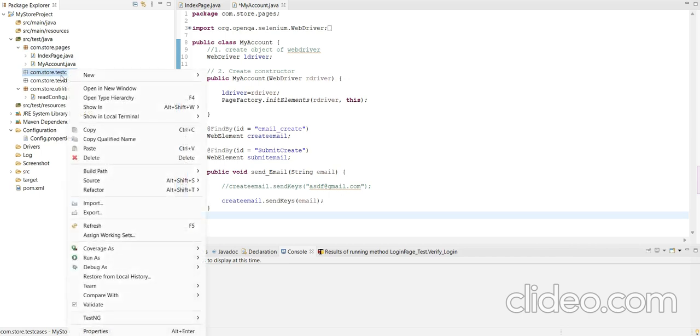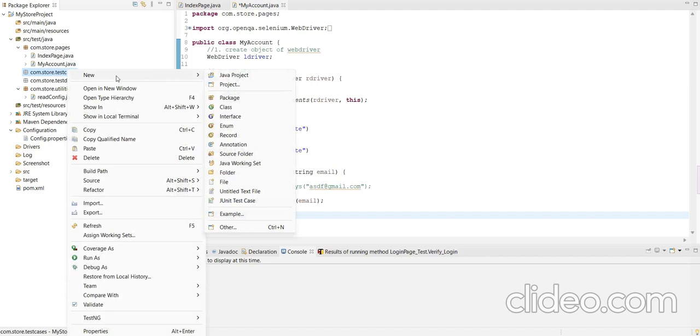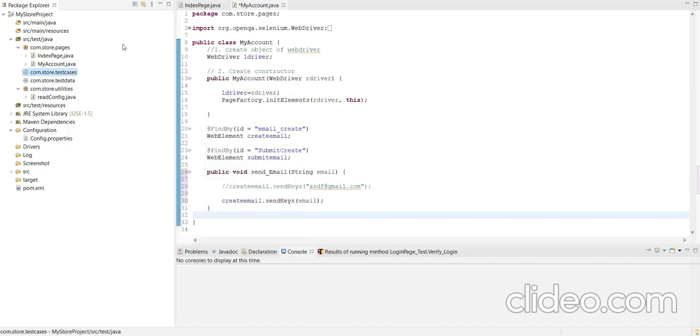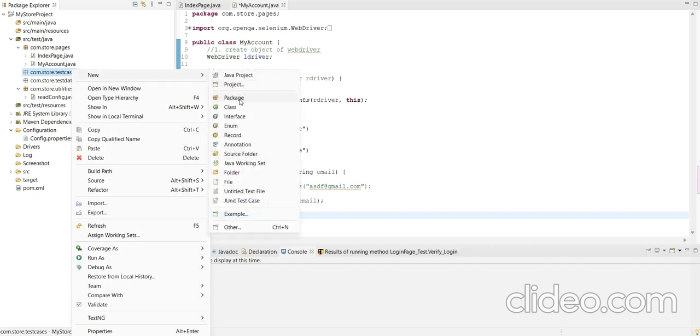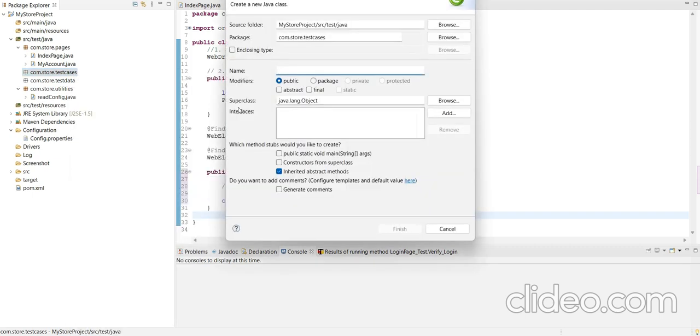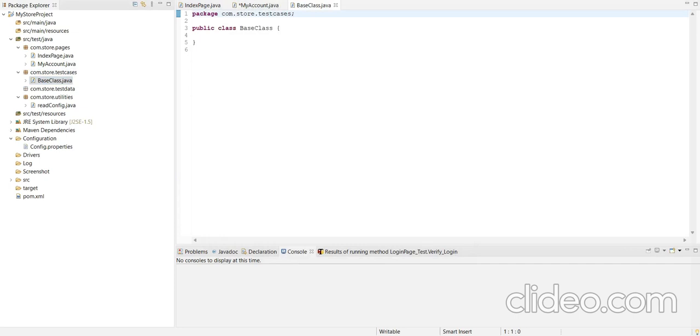In the base class, we save all the common functionality related to the project. So now we will create the base class for that. In the test case package, on right click, we will create the class and give the name BaseClass. In this way, we have created the base class page.